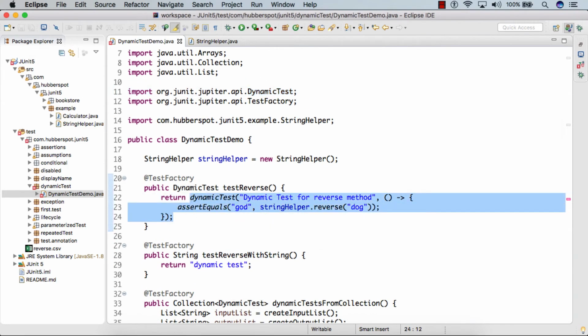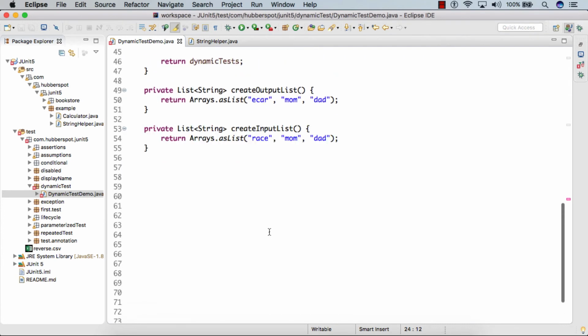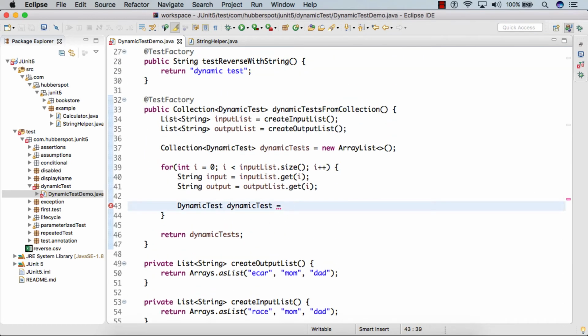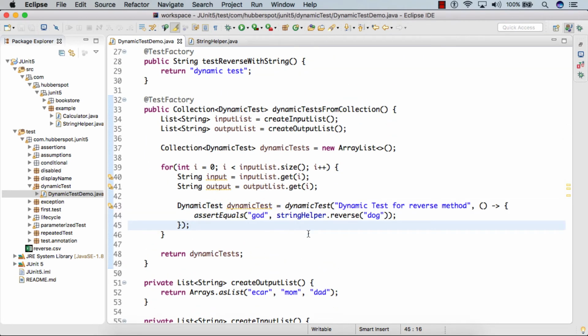So I'll simply copy this part and paste it here. As this is running in a for loop, it will create as many dynamic tests as the size of the input list.